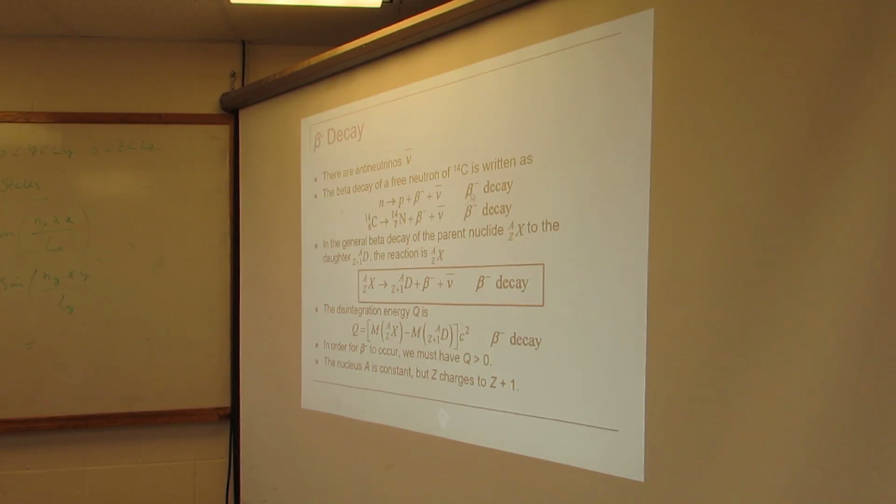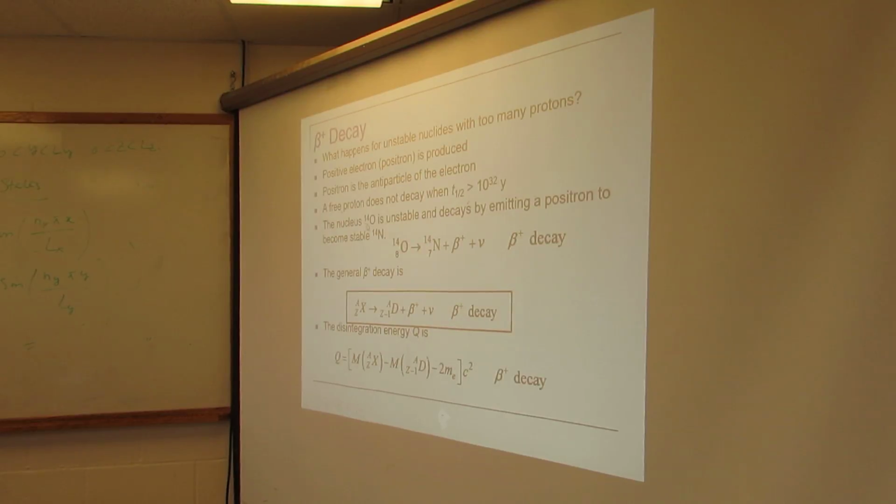For the beta minus decay, we are going to transfer one neutron into a proton plus the high-energy, high-speed electron, that is the beta minus, plus the neutrino. And then we also had, for example, this kind of decay where we are going to transfer the carbon that I told you before